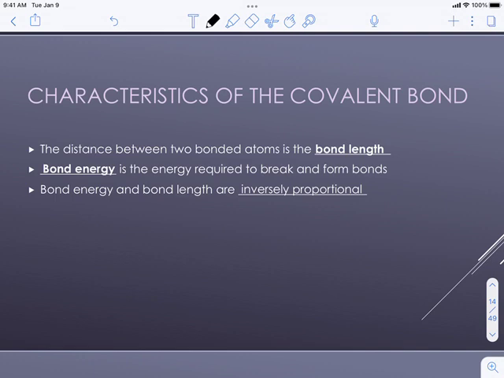And you'll see here with the third bullet point that those 2 vocab words are inversely proportional. We know what that means. As one is bigger or longer, the other would be smaller. So what does that mean? If we have